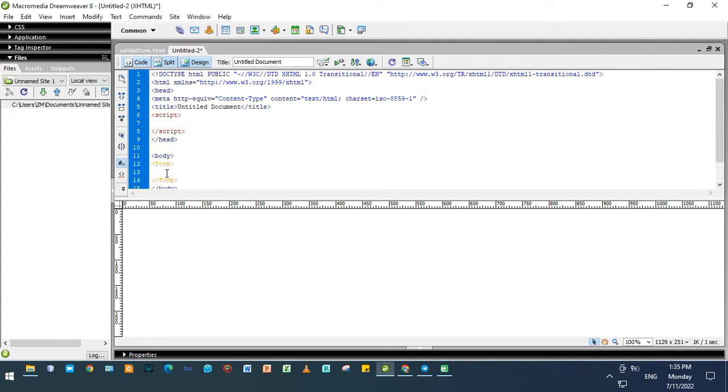Then, for example, how to enter a name, then input type text name, for example first name, then enter. So when we submit in this